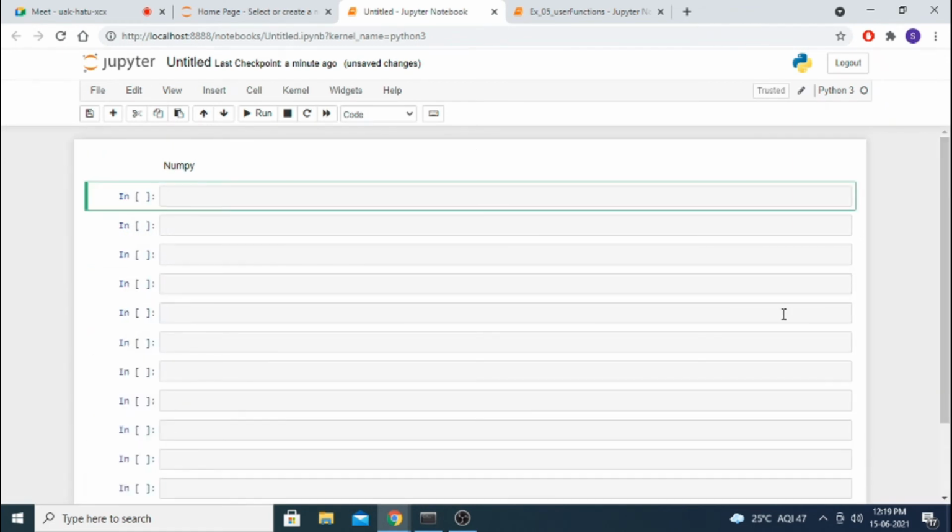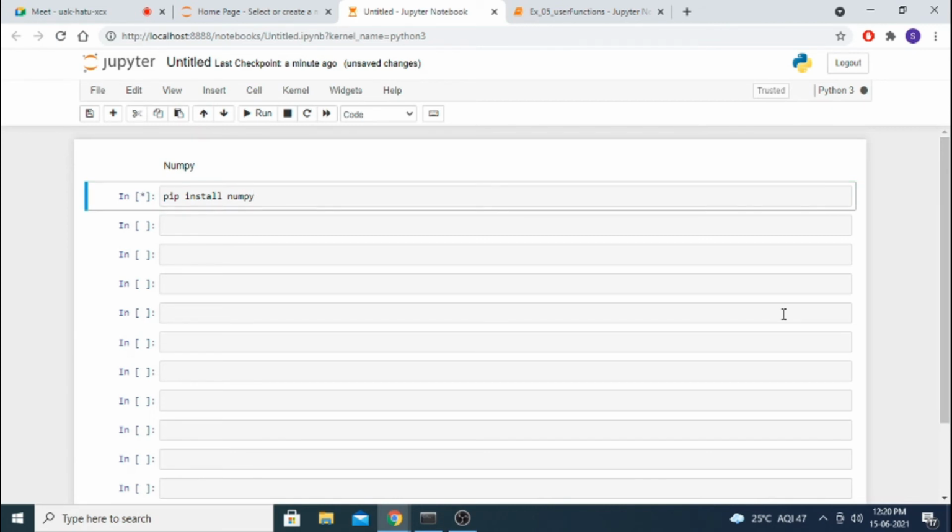Now to install the additional package you have to use pip install numpy in Python. I already installed NumPy in my environment, so I am just doing this. Some alert message will come. For you it will come automatically. You can press Control Enter. It will take some time.